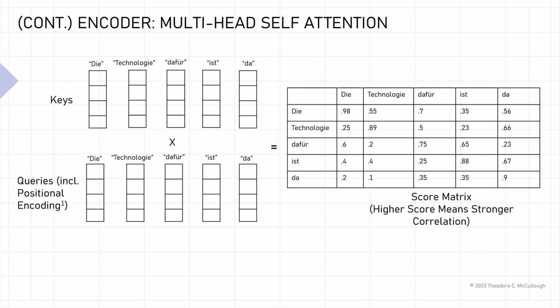Once multi-head self-attention is performed, a score matrix is generated. This score matrix really shows the relative strength of words, or the relative correlation strength between words. So for example, here you see that the correlation between D and D is very high, whereas the correlation between D and defer is very low. And what we start doing by creating this score matrix is developing a profile of what words are more dominant or predictive of future or subsequent words in a sentence.